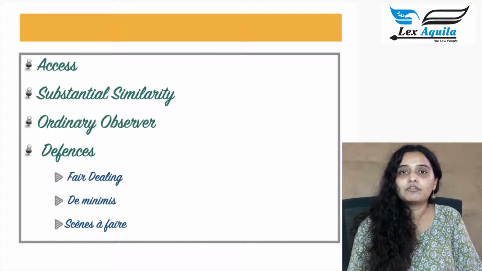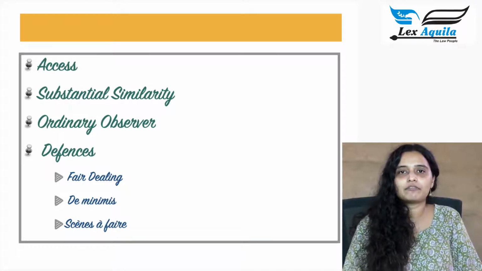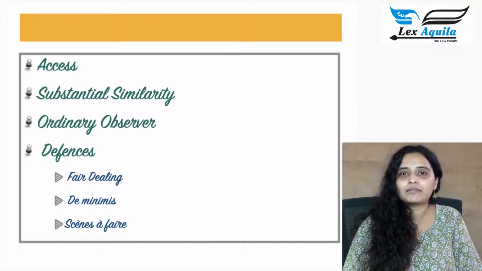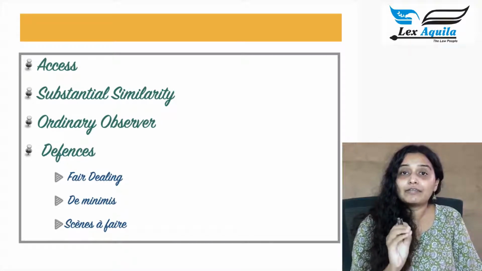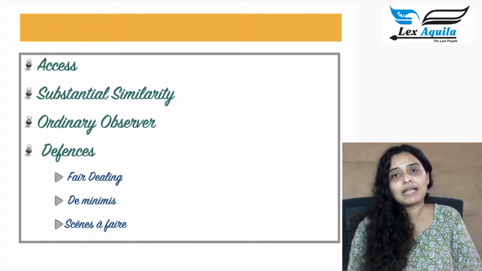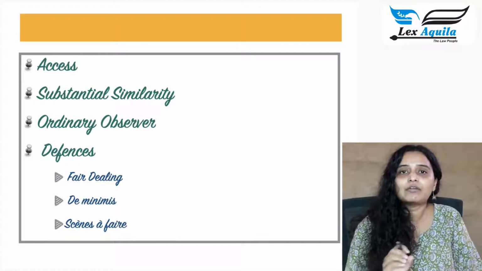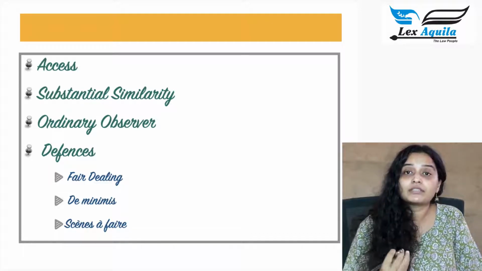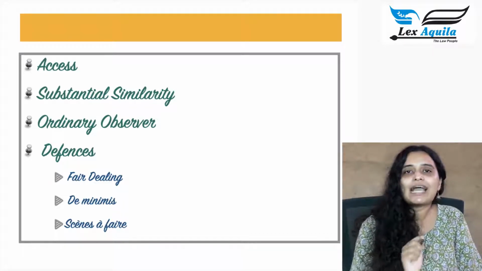These are the defenses which are available for a defendant in a suit for infringement of copyright in a cinematograph film. The first of these defenses is a defense under Section 52 of fair dealing. Section 52 lays down certain circumstances in which a work in which copyright subsists can be used by any person without seeking any authorization or license from the owner of that copyright. What are these circumstances? Some examples could be for personal use, for criticism, for review, for reporting of current affairs. These are some of the circumstances which are laid down by the Act itself.